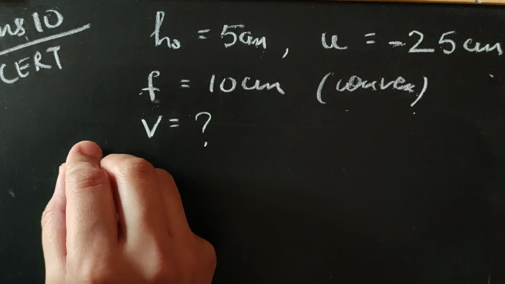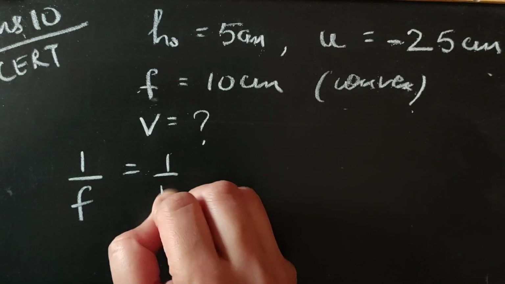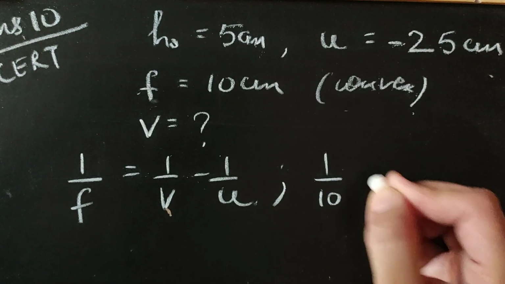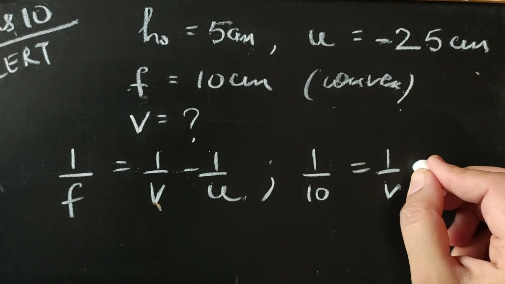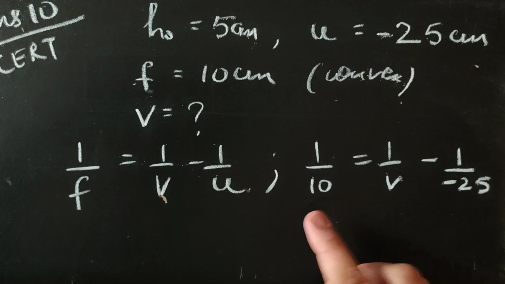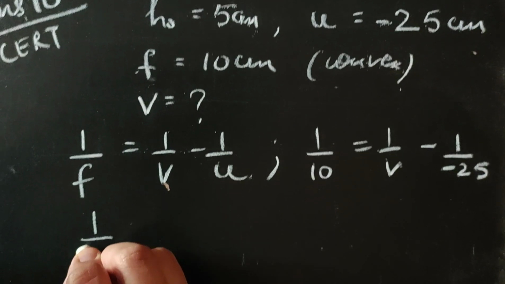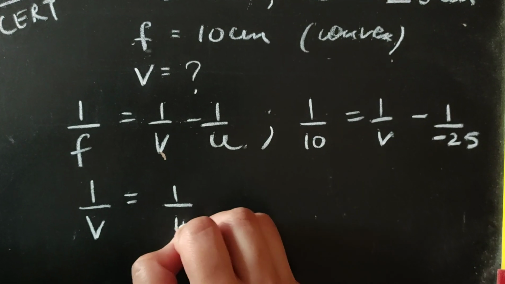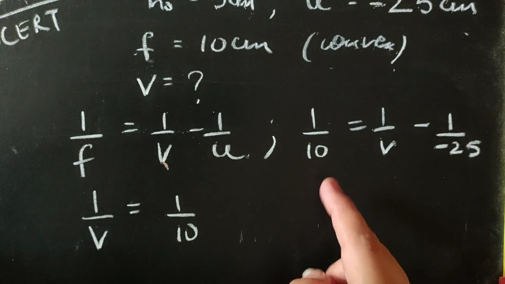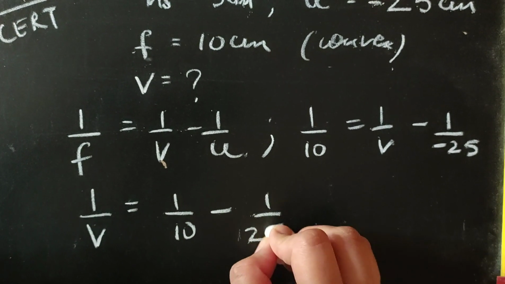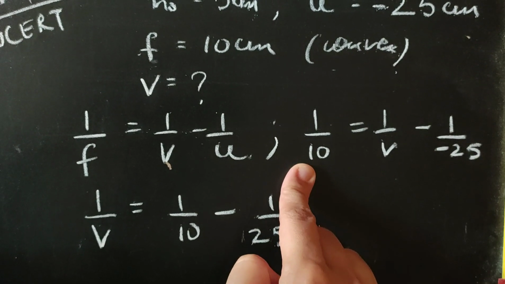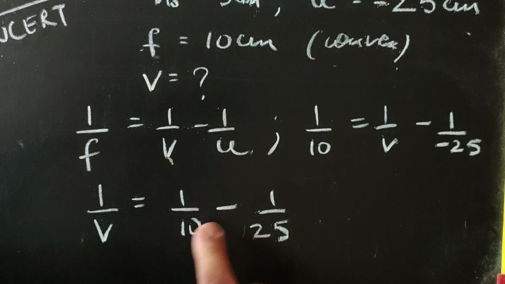So starting with the lens formula, which says 1 by F is 1 by V minus 1 by U. Putting the values, 1 by F, 1 by 10, 1 by V is to be calculated, and 1 by U, 1 upon minus 25. Now rearranging the terms and solving for V, we write 1 by V is 1 upon 10, and we are bringing this 1 by U from the right hand side to the left hand side, so it becomes minus 1 upon 25. As here there were two negatives, it had become positive. When it comes to the other side, it will become negative again. So solving this,